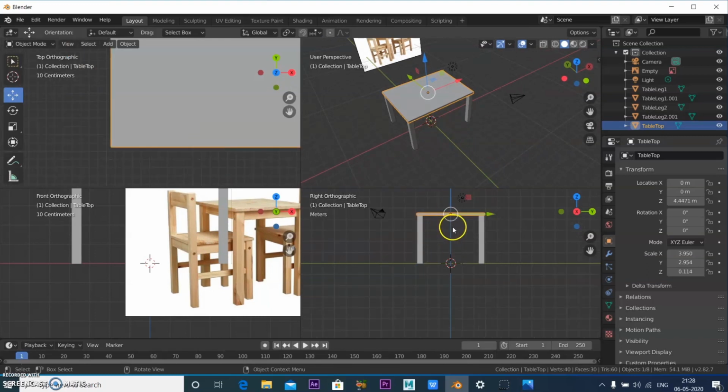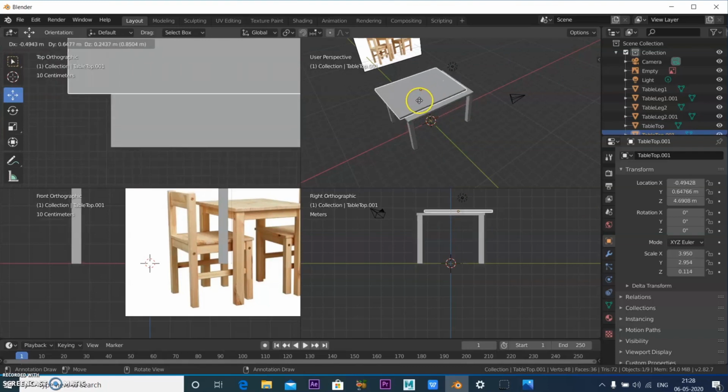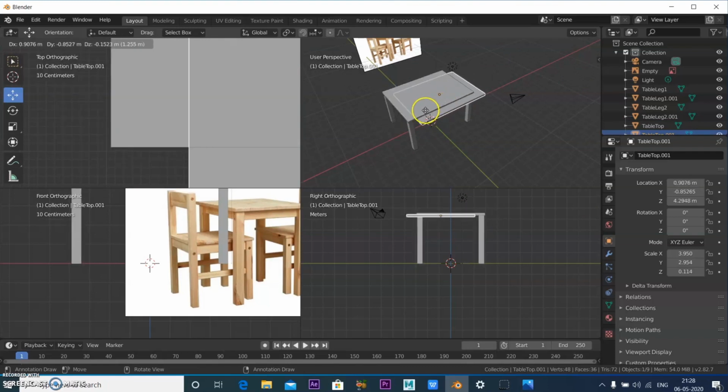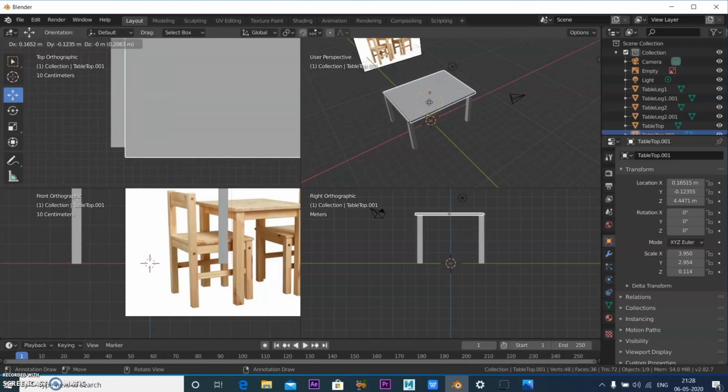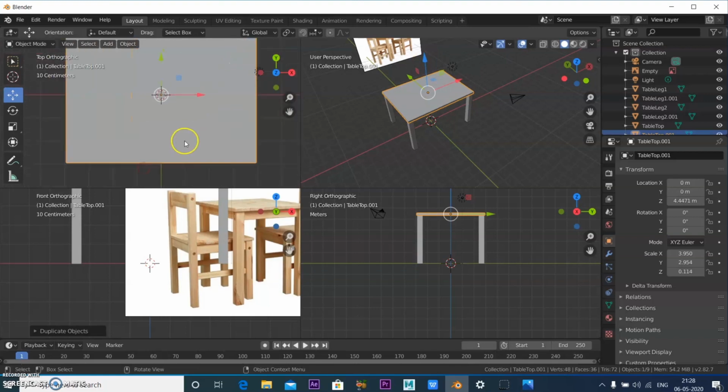Okay, so you can just hold Shift D. If I just move my mouse like this, what will happen is it will not be in the proper place. If you want it to be in the proper place, after pressing Shift D, press Escape on the keyboard, so it remains in the same place. Yes, so now I just go to top view.